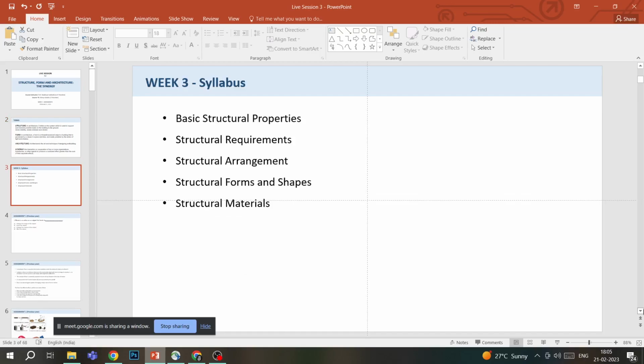Now coming to the week 3 syllabus. 5 lectures were covered in this course in week 3: basic structural properties, structural requirements, structural arrangement, structural forms and shapes, and structural materials. This is the 11th to 15th lecture, week 3. Every week we cover 5 lectures each. So in lecture 11, which is the basic structural properties,